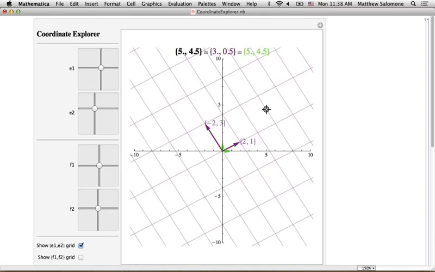So here's an example where I have my same point, 5 comma 4.5, but now I've chosen a basis that isn't even rectangular anymore. But the principle is still the same. If I want to know what are the coordinates of this point 5 comma 4.5 with respect to this basis, and here this basis is 2, 1, and negative 2, 3, then let's do it first of all graphically,